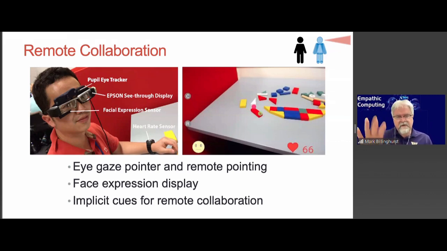And if you look very carefully in the picture on the right, you'll see a green dot. The green dot is the remote pointing cue given from the remote person. But right beside that is a red dot, and the red dot is the eye gaze of this person. So this is one of the first examples of a remote wearable system that allowed implicit non-verbal communication cues of eye gaze and pointing to be shared.